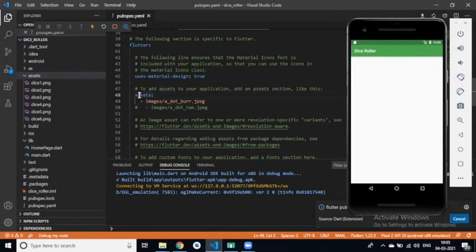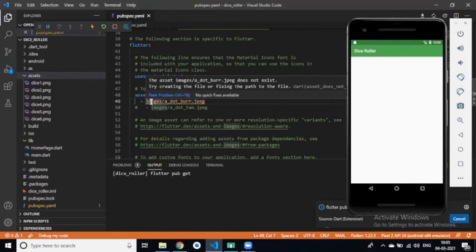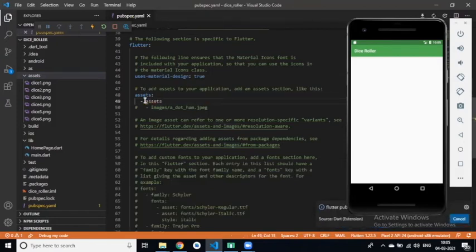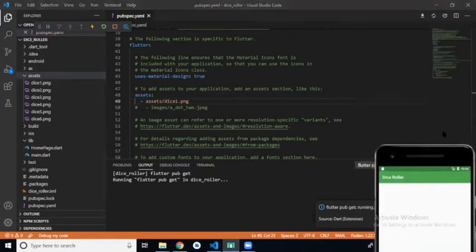And in this the asset image a dot burner jpeg does not exist, so we have assets hyphen dice1 dot png. This image exists in our asset folder, right?